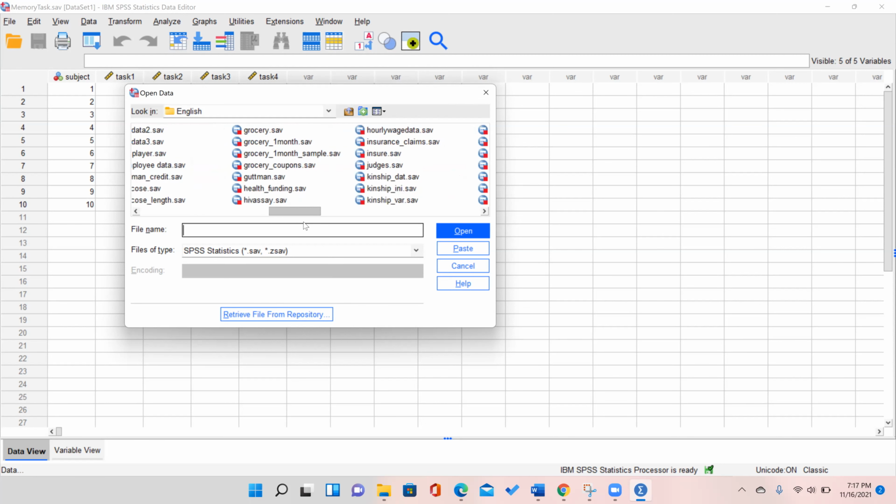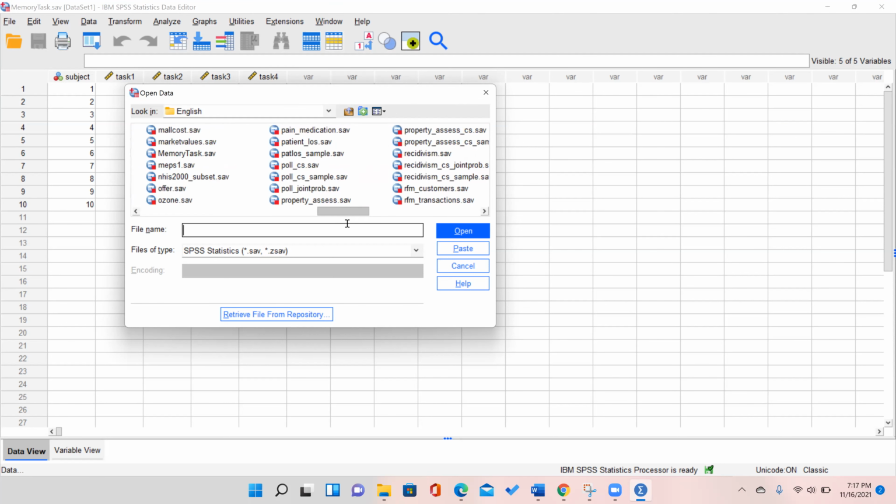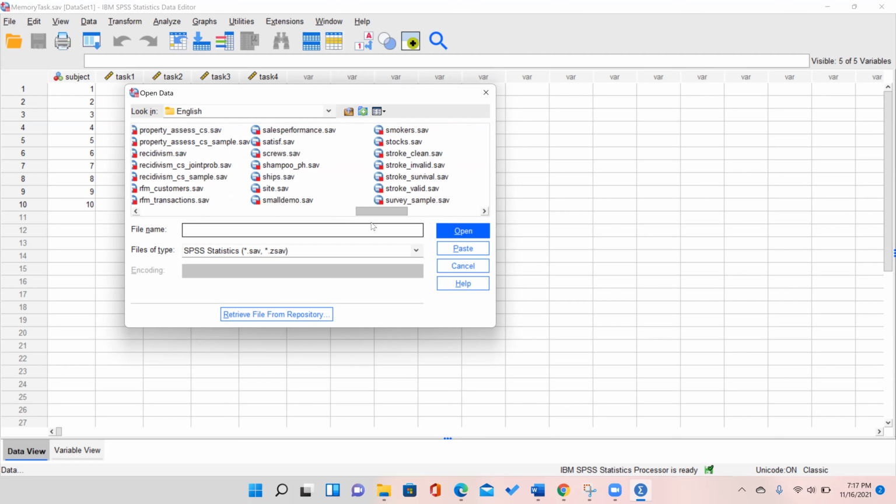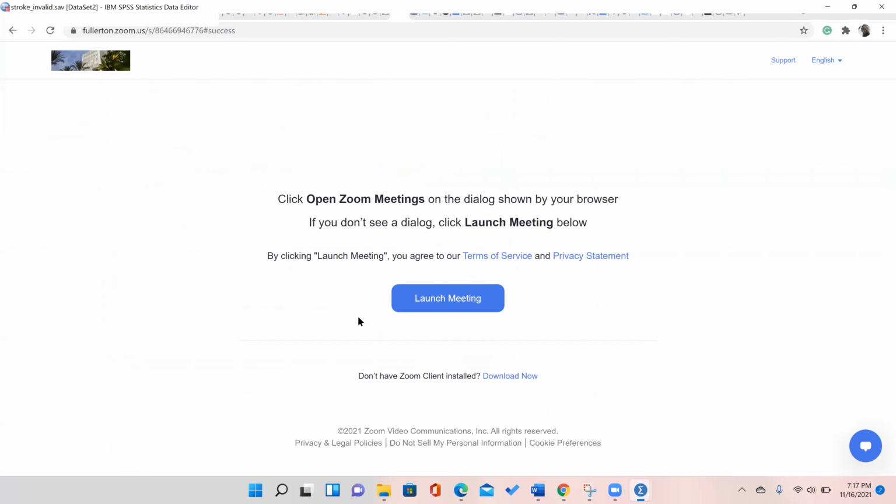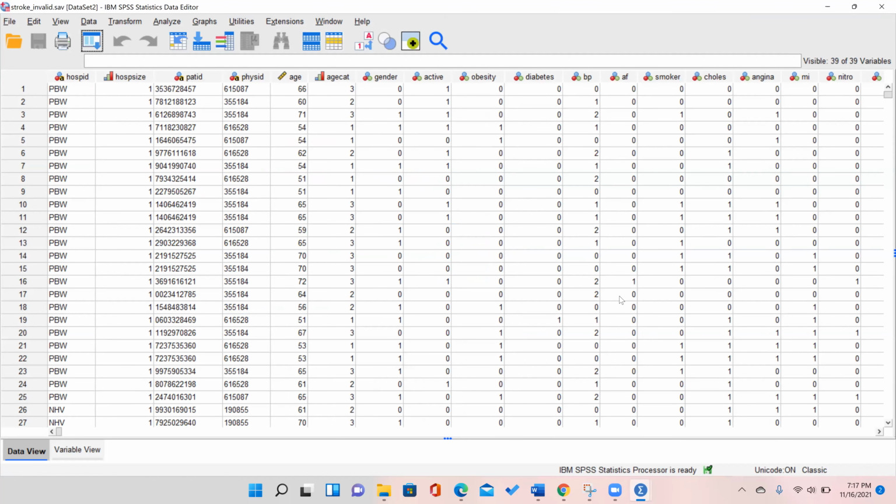If I want to choose another data, let's say this data, which has to do with stroke, let's say stroke invalid. Now, if I double click it, here's the data. Now you can see this one is a huge data set. And a quick way for you to know how many observations you have in your data, you can just go to